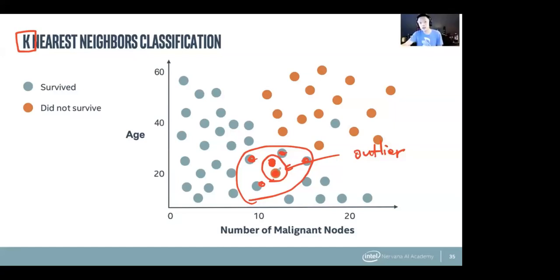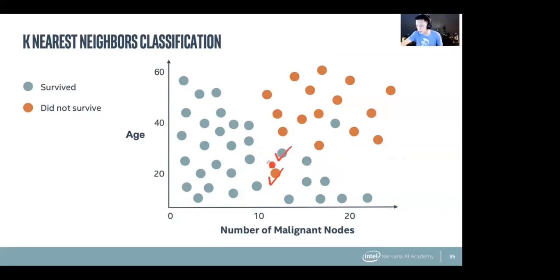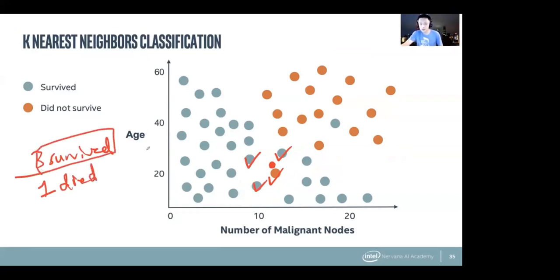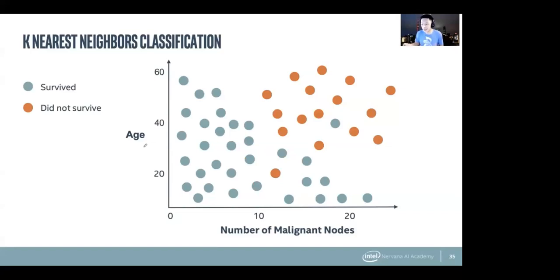Yeah, maybe, right? So let's just say K equals 4, for example. If K equaled 4 and you were here, you would look at this one, this one, this one, and this one. So you have 3 survived, and 1 died. So you'd probably think that they survived, right? In fact, this is exactly what K nearest neighbors is. You just invented K nearest neighbors by yourselves, which is quite impressive.